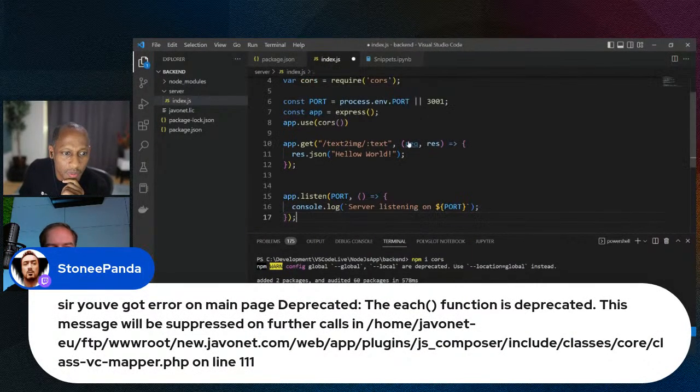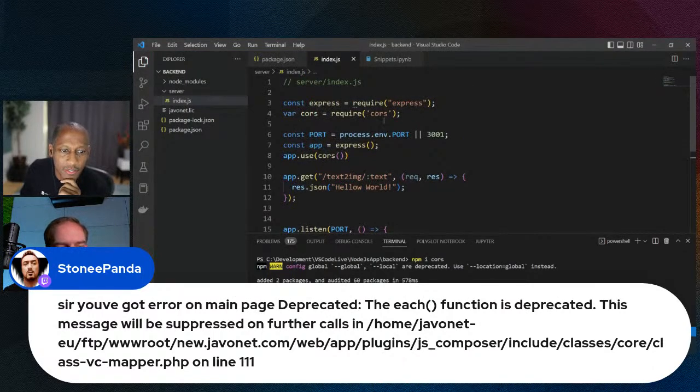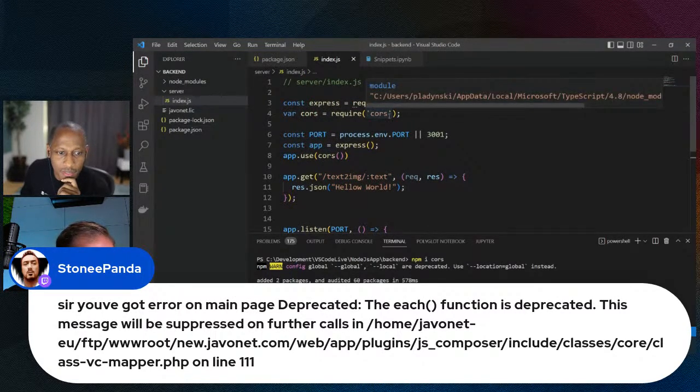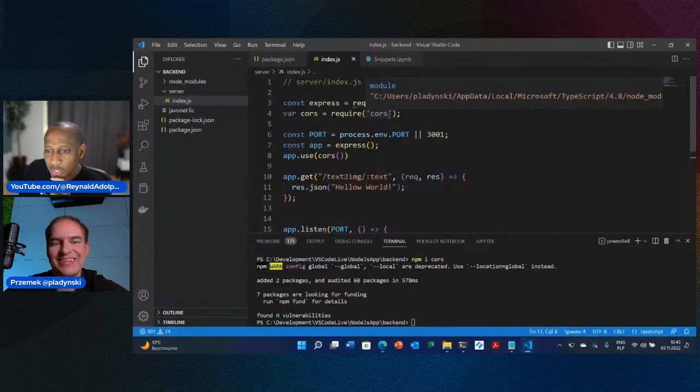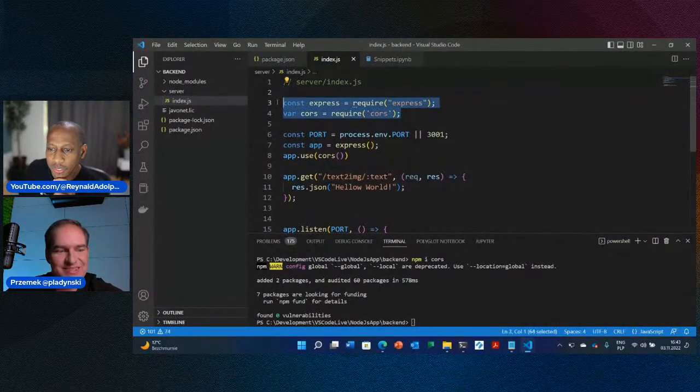Okay. So, do you know anything about this? Apparently, there might be something on this page here. Sir, you've got an error on the main page, deprecated. Is that an error when someone's trying something? That looks like an error. I'm not able to check it right now. I believe there is an issue. Probably too many people try to enter the web page now. So okay. I hope it's not this. Looks like something collapsed there. Yes. So go ahead, try that a little later on.